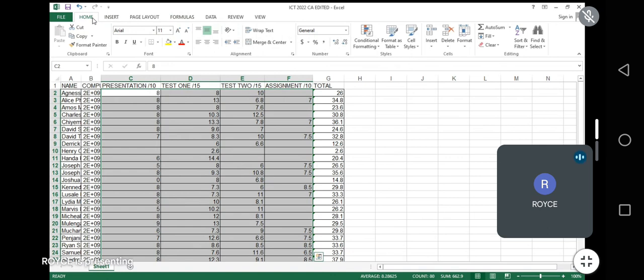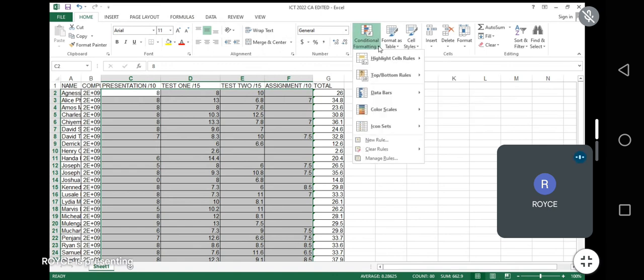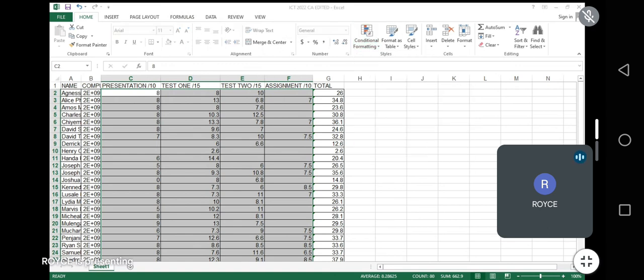And I mentioned that it's found under styles, as you can see here. So we click under styles, okay, and then we go to new rule, the same way that we did for the other one. And this time around,